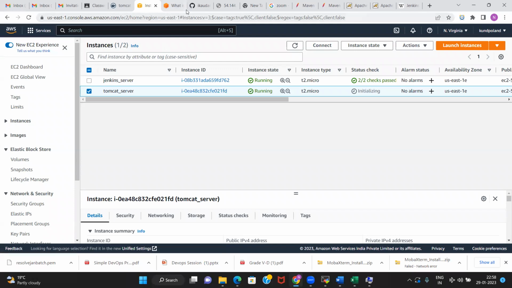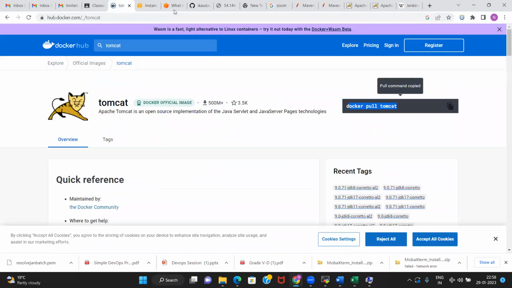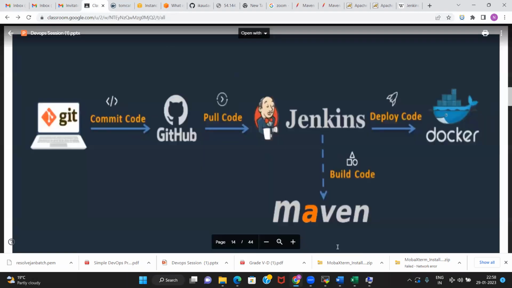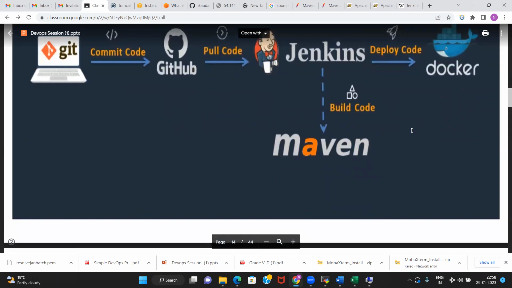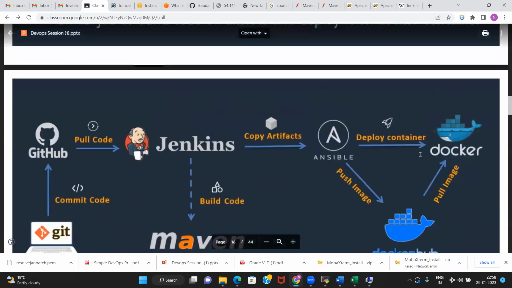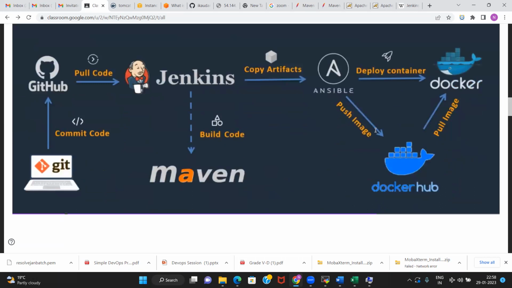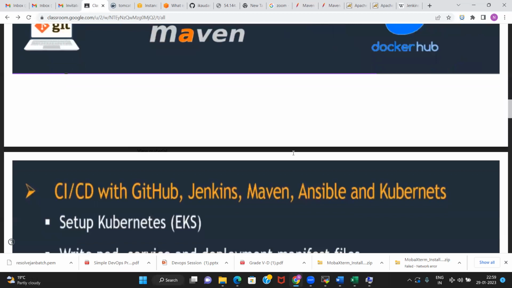So what I want to say is that mostly in our pipeline, the CI thing is going to remain the same. In CD, after the build happens, we are going to have changes, and throughout the course we will see what the different tools are that help in the continuous deployment thing.